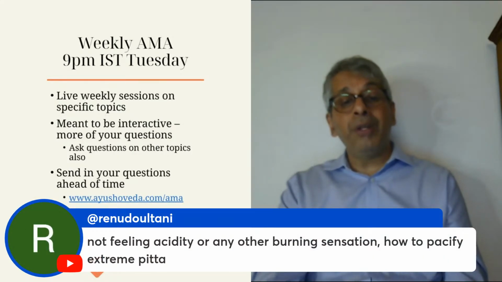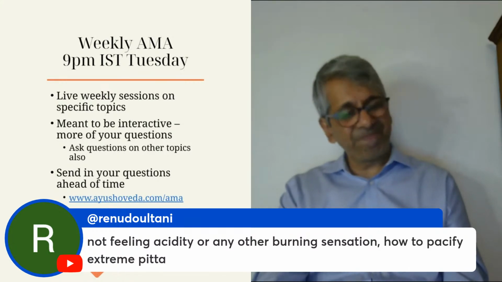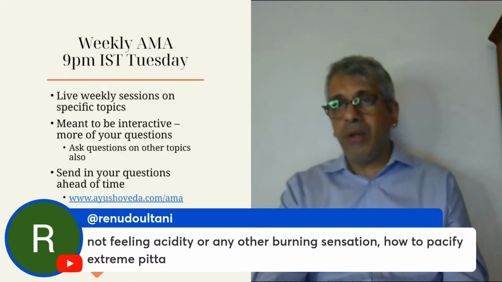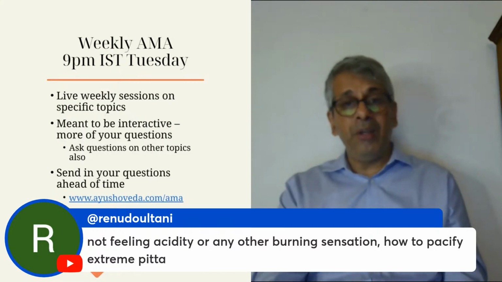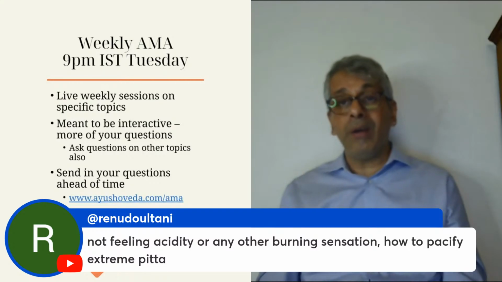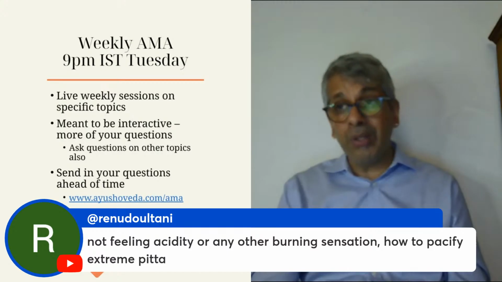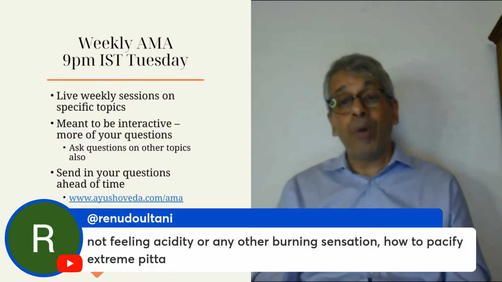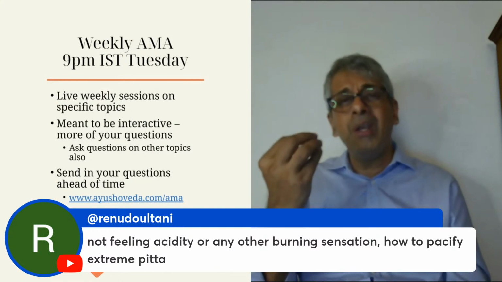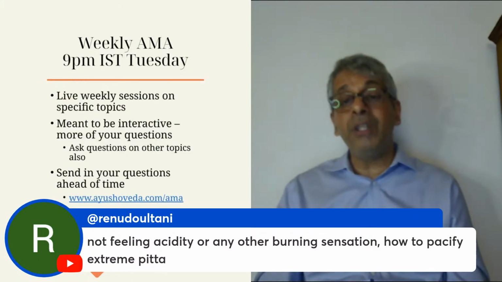Not feeling acidic or any other burns, how to pacify extreme pitta. If you feel that you've got too much of extreme pitta, then one thing you can do is soak about 8 to 10 raisins in water, squeeze and drink that water on a regular basis and see how you feel. If drinking milk or grape water can lead to soft bowels, then we know for sure that you've got excessive pitta. Probably once in 2 to 3 months, you can take some medicines to induce slight loose motions that will get the pitta out of the system.